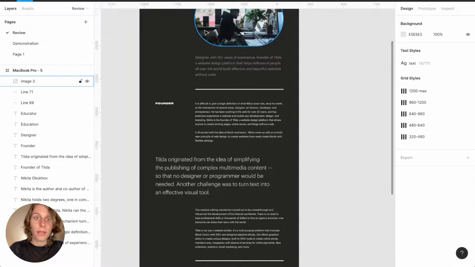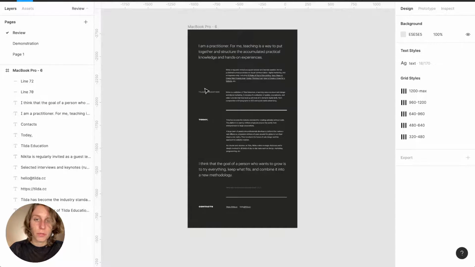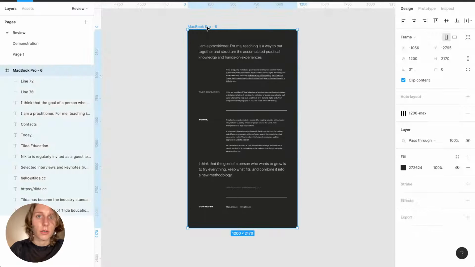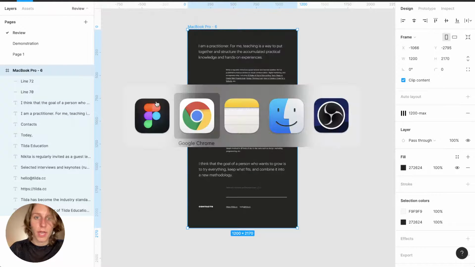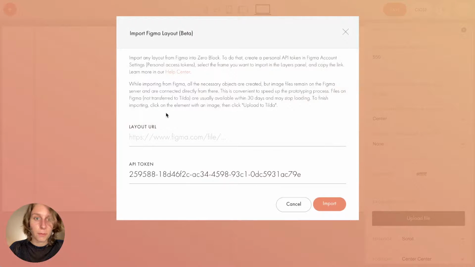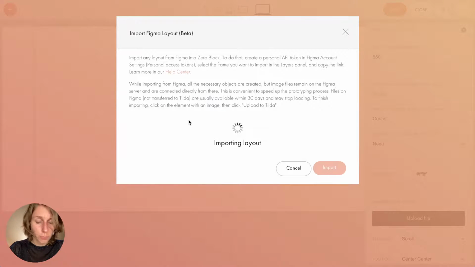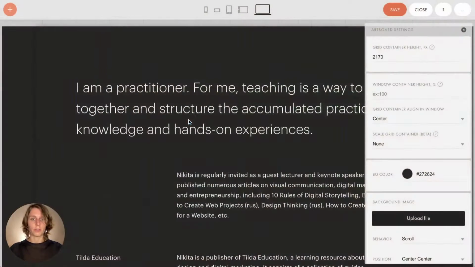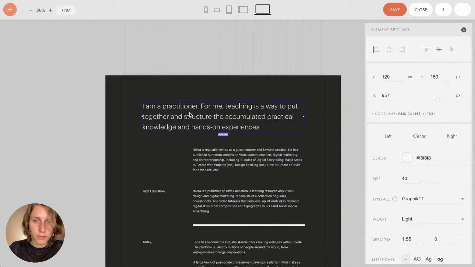I switched to another page where I have the second part of the website, and I basically just copy the link because I don't need to copy the API token, it will be all the same. Here on Tilda, I click import and I insert layout URL. As you can guess or notice, the API token was saved. I hit import. The layout is being imported, and now let's check for the